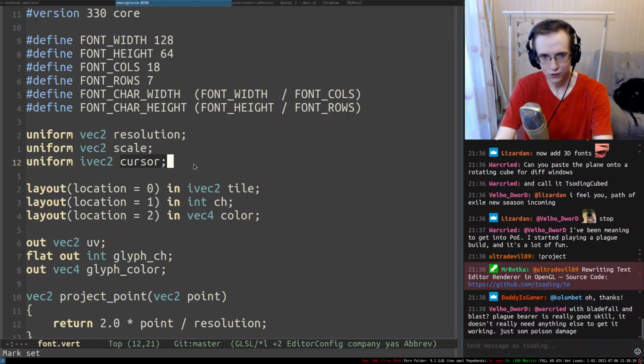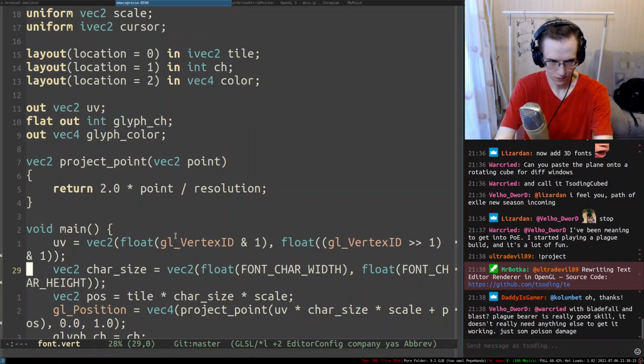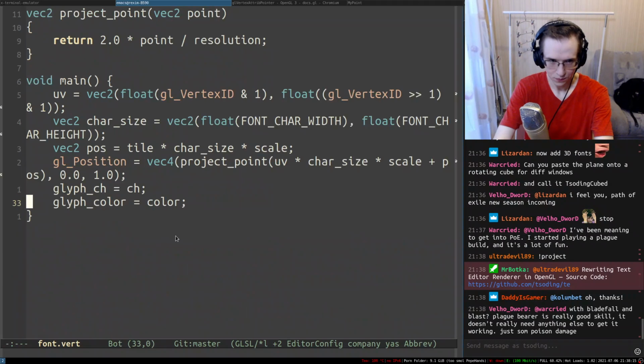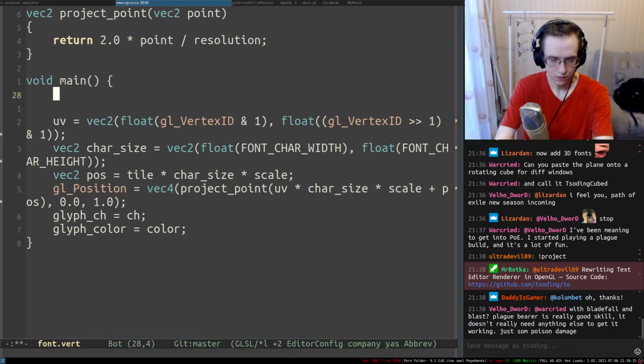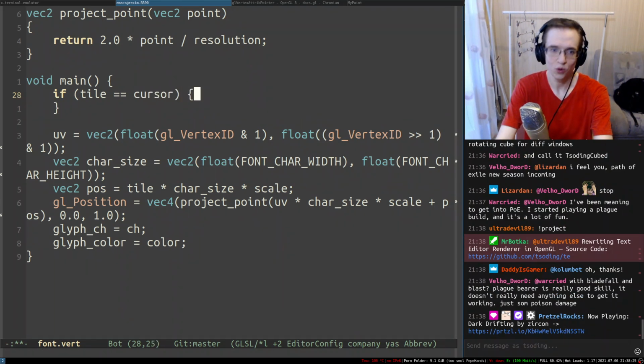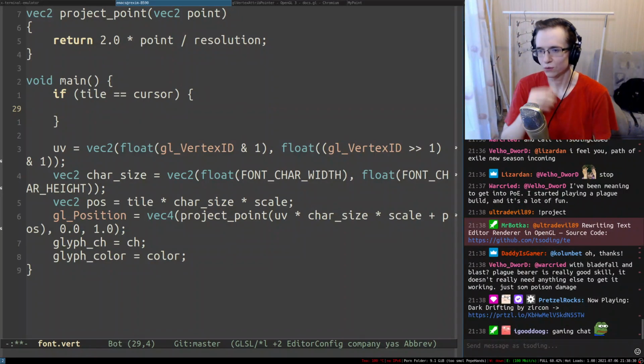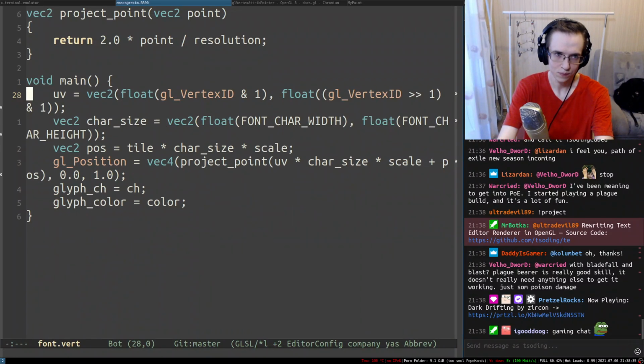Here's the cursor and here's the tile. And if the tile is equal to the cursor, we have to swap the colors. We need to render everything with a different background.